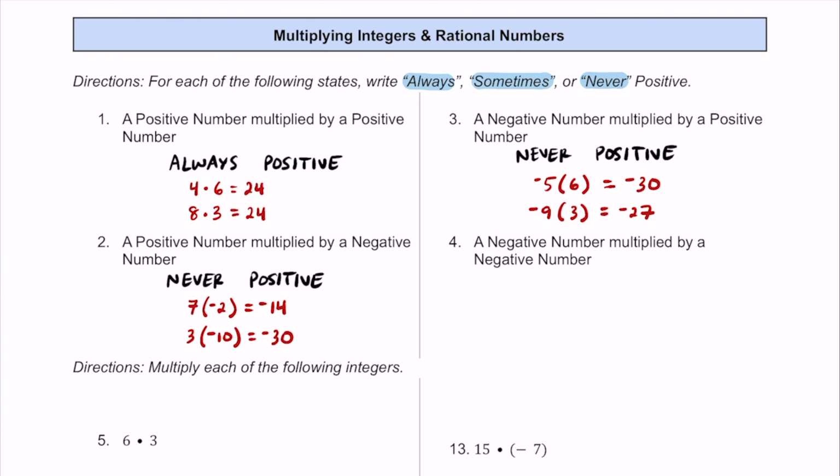For number 4, we have a negative number multiplied by a negative number. This is always going to be positive. For example, if we have something like negative 4 multiplied by negative 5, well, we know 4 times 5 is equal to 20, but we have the opposite of 4 times the opposite of 5. So if we know that 4 times 5 is equal to 20,